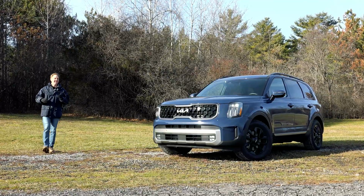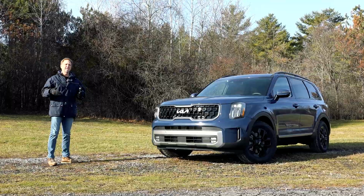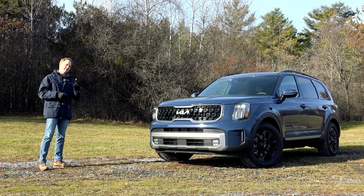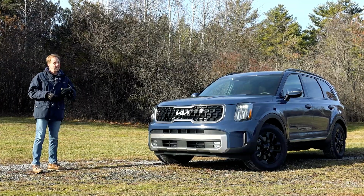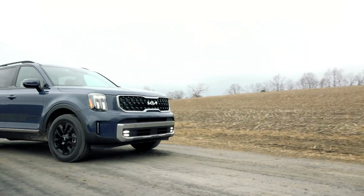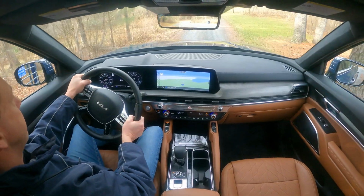The good folks at Kia refer to this as the Telluride. And indeed, it's been a sales darling since its introduction 3 years ago. And now for its first refresh, Kia has introduced 2 new off-road oriented trims, the X-Line and this X-Pro. Kia's initial marketing campaign for the Telluride showed it driving through muddy fields in a proclamation of its off-road